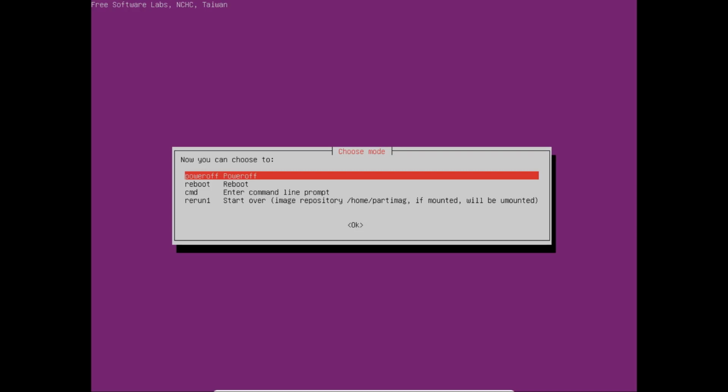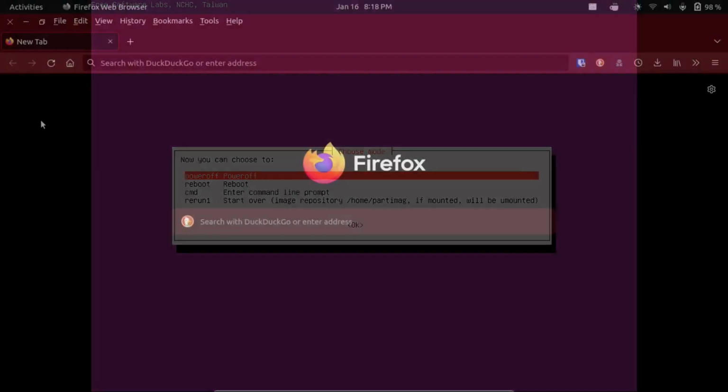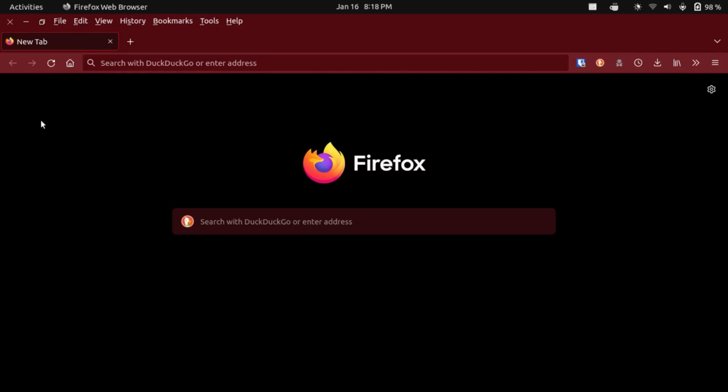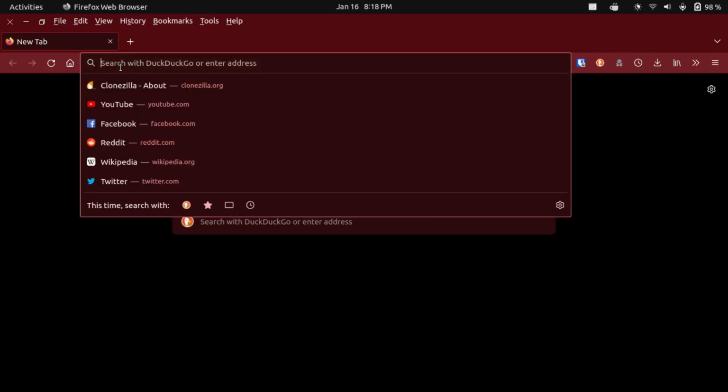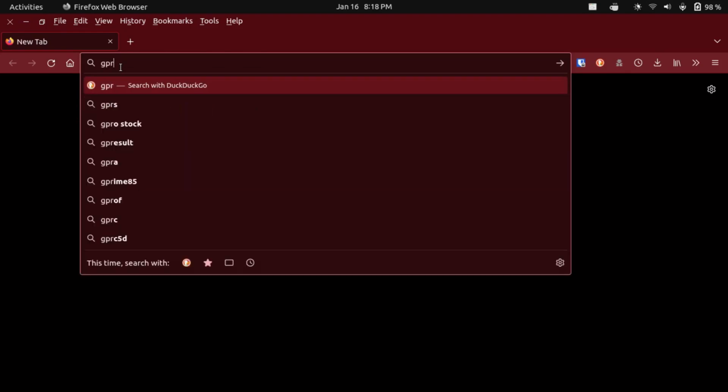Now, if your target drive's capacity was greater than the capacity of your source drive, then there's a little bit of extra work that we've got to do so that you can use the full capacity of the target drive. So what you're going to do is pop back over to your web browser, and then we're going to get a program called GParted from